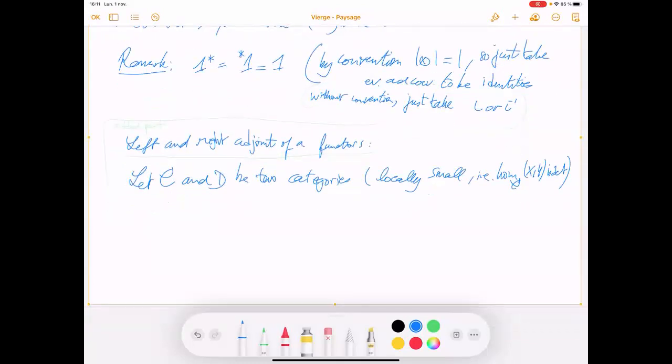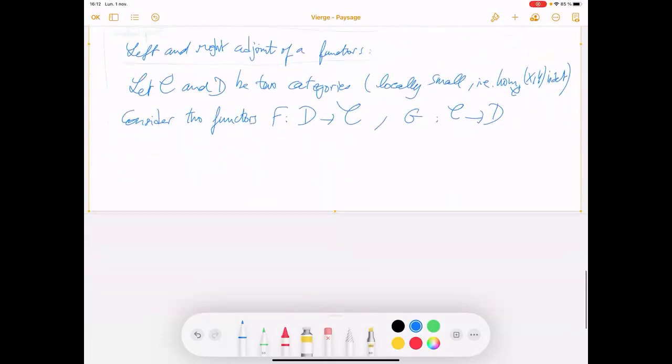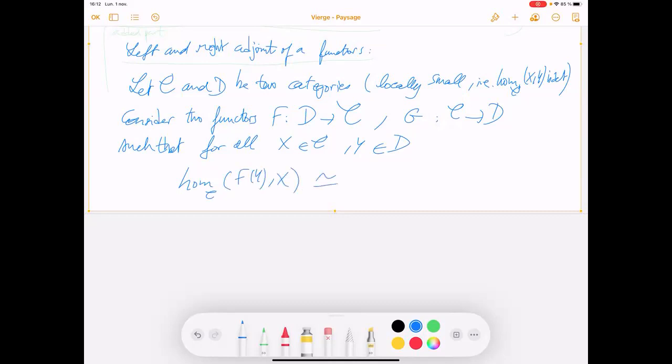So consider two functors F from D to C, G from C to D, such that for all x object of C, y object of D, the Hom set of F(y), x is in bijection, in a specific way we will explain after, with Hom of y, G(x),